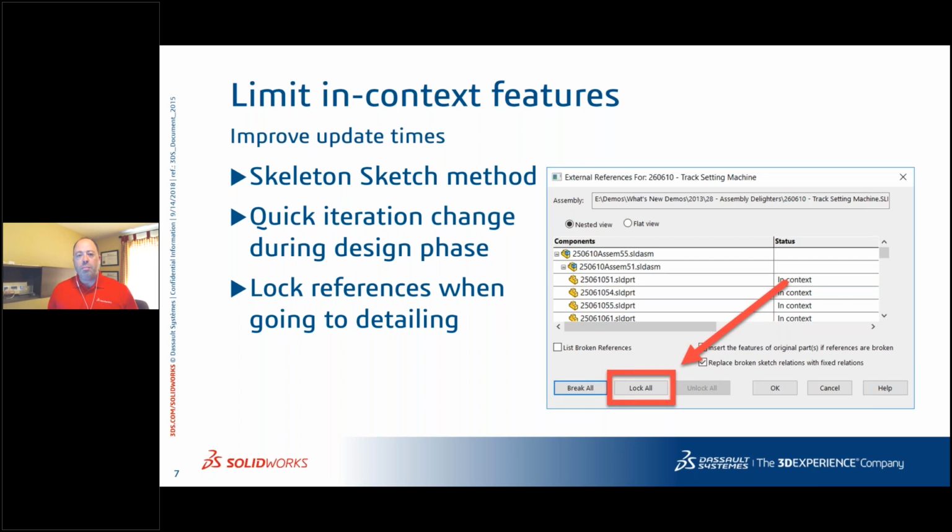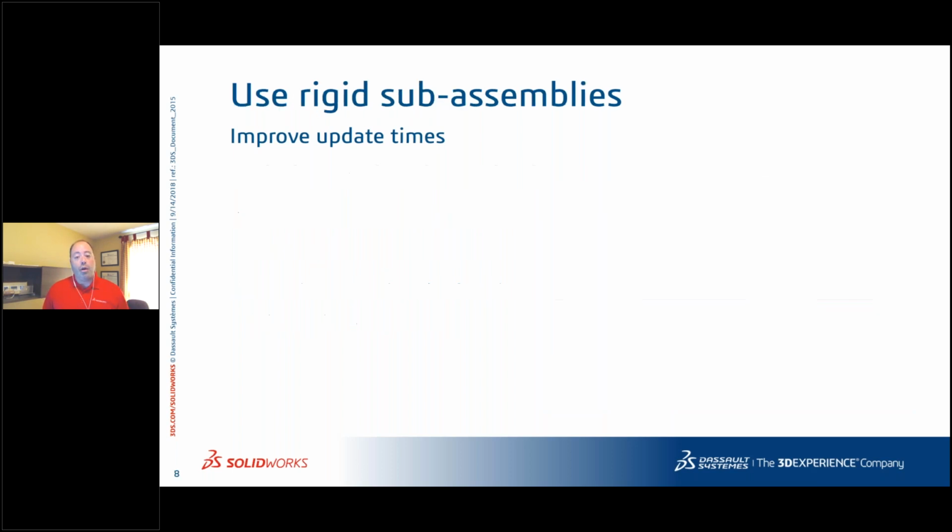So as you're working, it speeds up, while working into the process. You can also use break, more useful in the case where you want to create a second design based on something existing, but that won't have any relationships with the first one. You could use break. You just need to know that once it's broken, right? When you lock, you can unlock it, so it's kind of a toggle. So that's a method you can use to do large design with in-context relationships to help you manage all those